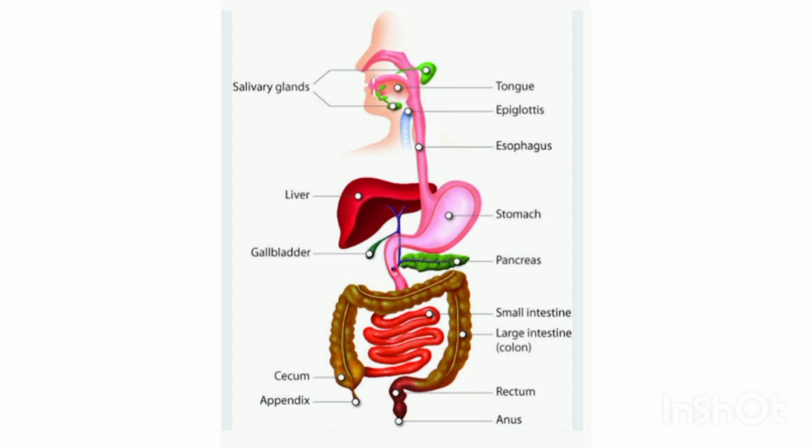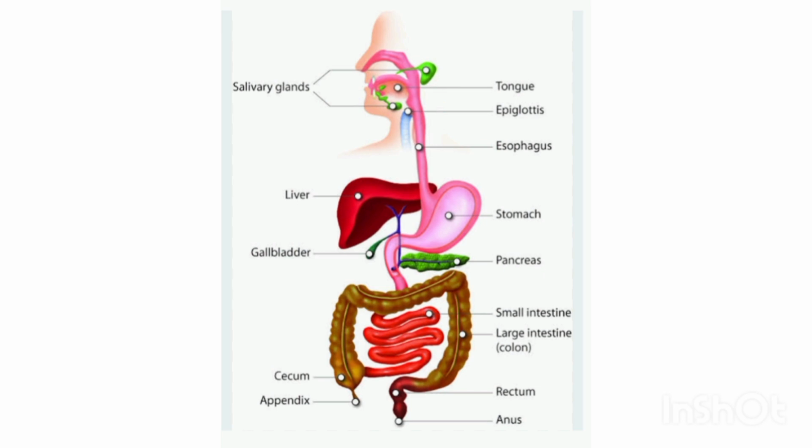The human digestive system constitutes a long tubular structure called alimentary canal and various digestive glands associated with it. And these glands secrete different digestive enzymes. Alimentary canal is a muscular tube which starts with the mouth and ends at the anus. It is about 9 meters long and is highly coiled in certain regions, especially in the small intestine. Its various regions are different both in structure and function.